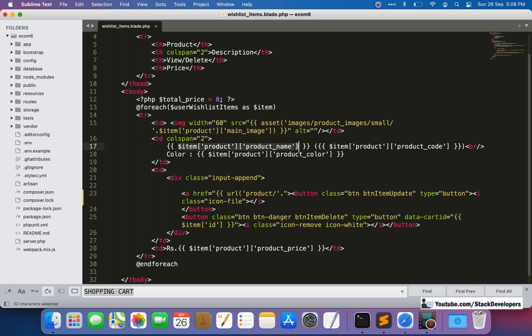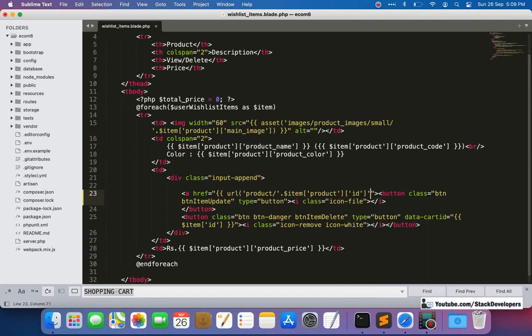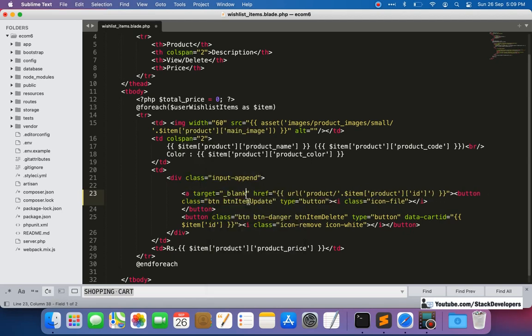This one I'm going to replace with the ID. Okay, so this one will be the ID. I'm going to close this URL like this. I will also open this one in blank. Target must be blank, target must be new. Now it seems to be fine.